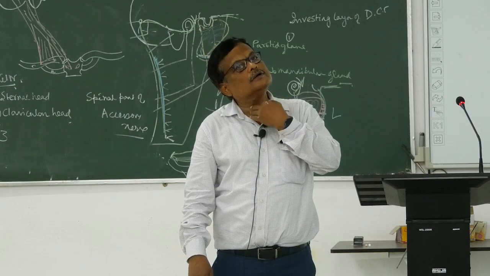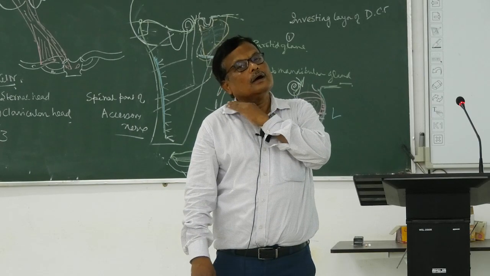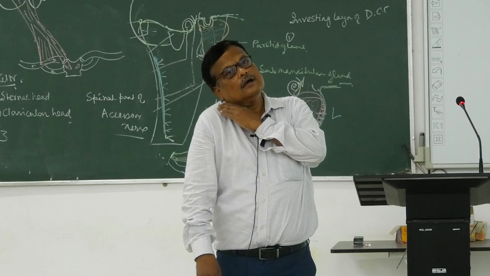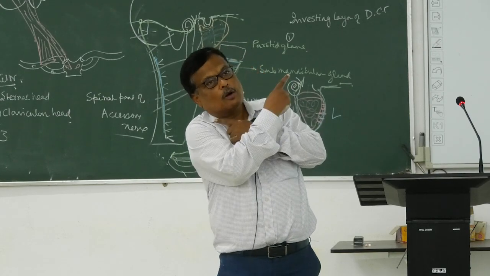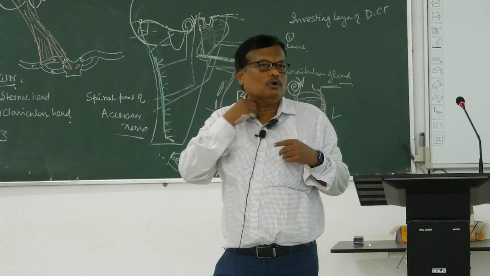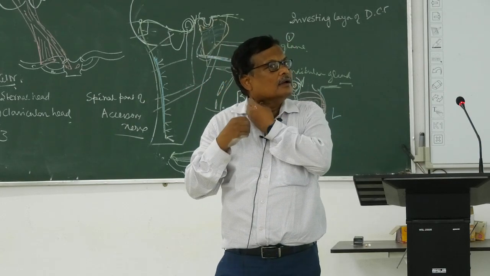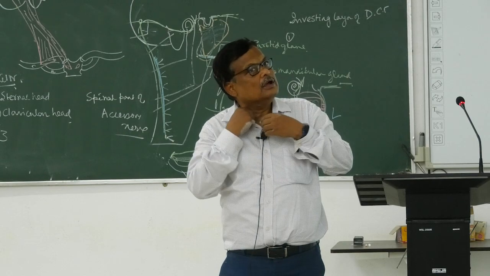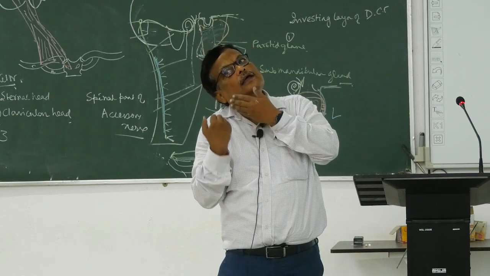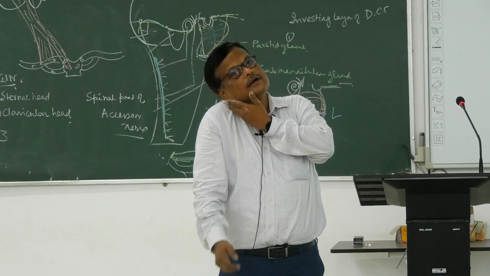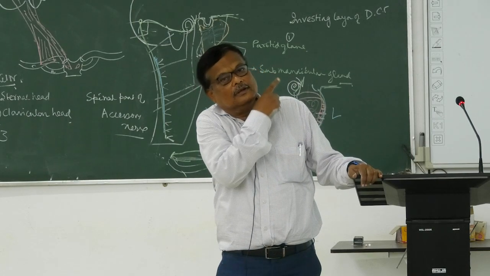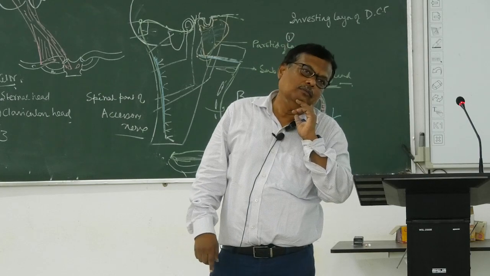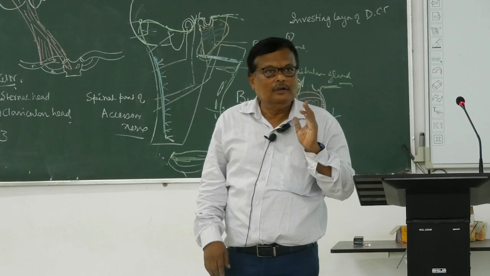Lateral flexion of the spine, so that our face touches the shoulder, same side shoulder, and the chin rotates to the opposite side. ভালো করে লক্ষ্য করো, যদি রাইট সাইড হয়, রাইট সাইডের স্টার্নোক্লিডোমাস্টয়েড ওয়ান সাইড অ্যাক্ট করছে, তাহলে রাইট সাইডের ফেস টাচ দ্য রাইট শোল্ডার, বাট দ্য চিন গো টু দ্য লেফট সাইড। যদি লেফট সাইড হয় এরকম গেল।